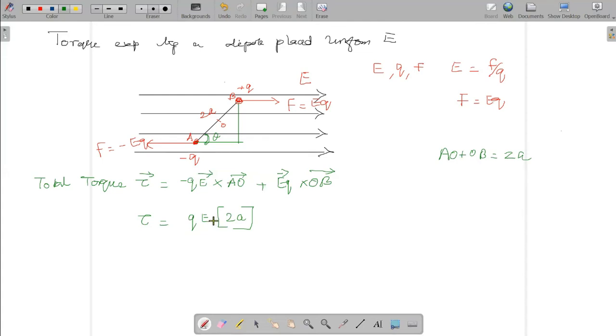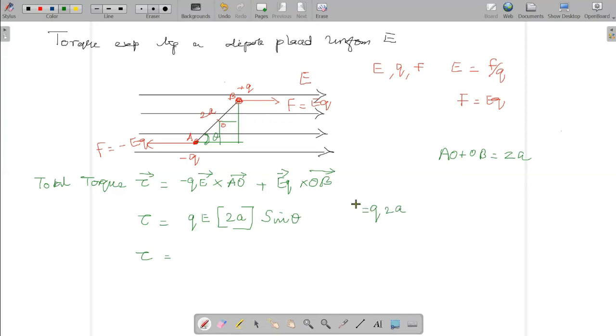Here we have a term, the cross product. When we remove it, a sin theta comes here too. That I can do again. So AO, you take it as a separate segment. We have to take this as a separate triangle and this as a separate triangle in this case. For both, sin theta comes. When we take sin theta out, the formula will have a common factor sin theta. So we took the common factor for both. Then torque will be equal to, we know about this, Q into 2A is nothing but